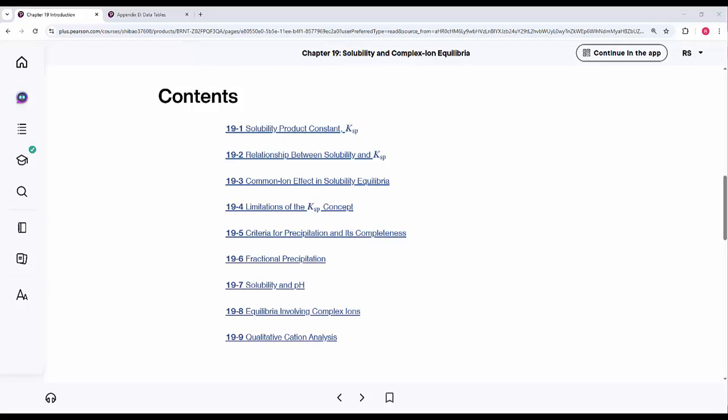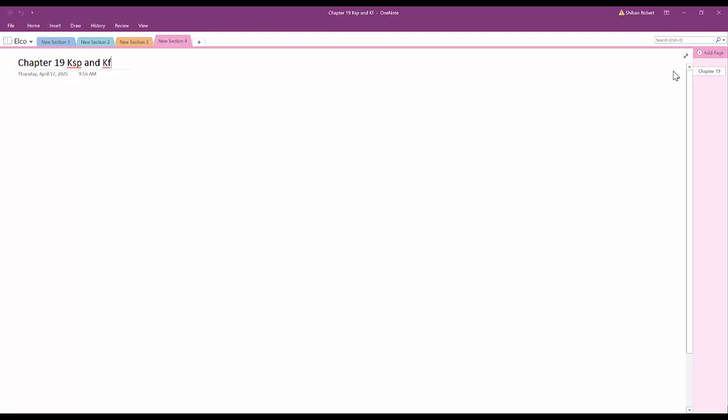But let's go ahead and get started here with what the solubility product is. That's the KSP equation. The KSP equation, just broadly, is